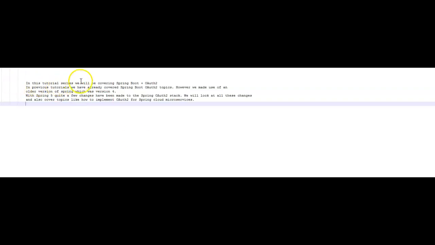Hi friends, in this tutorial series we'll be covering Spring Boot and OAuth 2. In previous articles we have already covered Spring Boot and OAuth 2 topics. However, we made use of an older version of Spring, which was version 4. With Spring 5 quite a few changes have been made to the Spring OAuth 2 stack. So we'll be covering all these changes, and also we'll be covering topics like how to implement OAuth 2 for